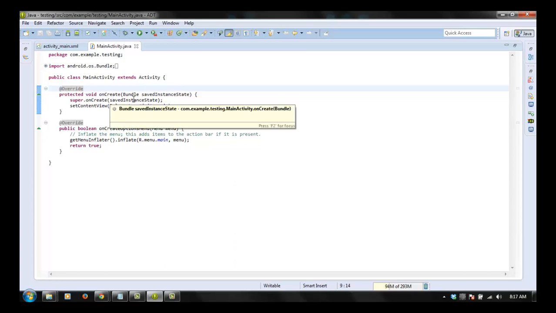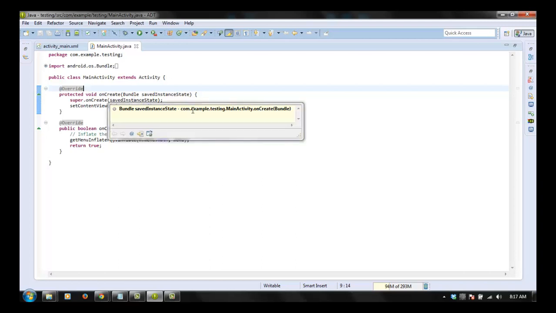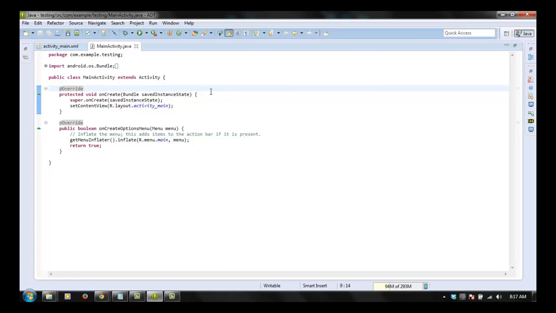As you can see from the name, this on create will have all those lines and all those commands that will be executed when the app gets created. When the app gets created, with this I mean when the activity is actually loaded on the screen. Okay, when the activity is loaded in the memory, these lines of code will be executed. Okay, so that's it. Now that we have our code,